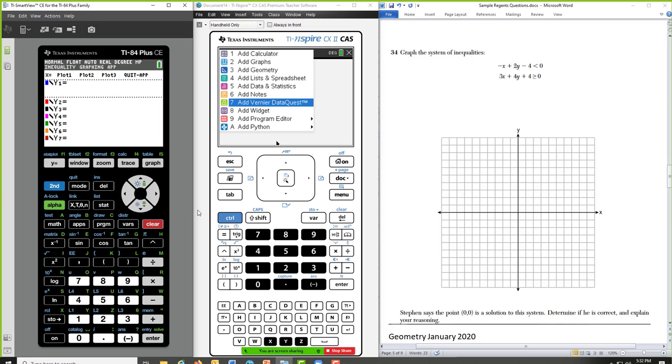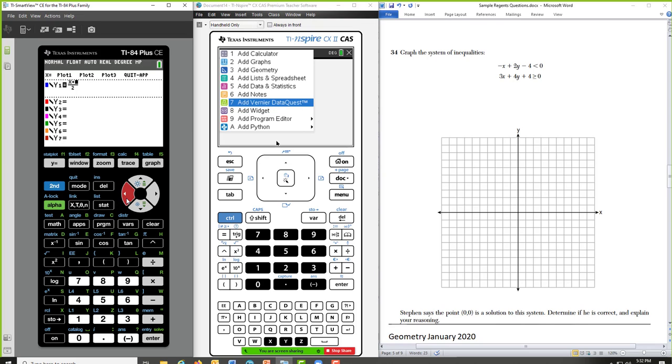I can now type in, well, I'd have to first do a little bit of manipulating to get it by itself. So when I manipulate it, it becomes a fraction. And we would have, in the numerator, x plus 4, and in the denominator, 2.